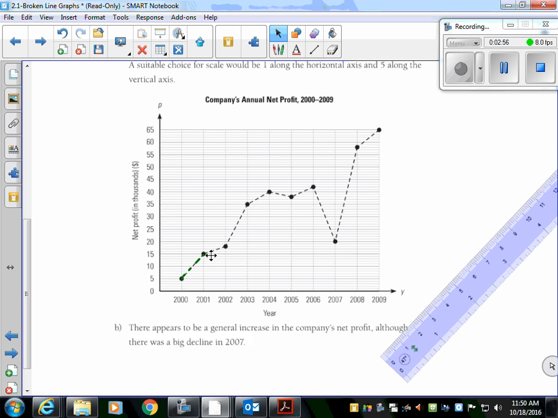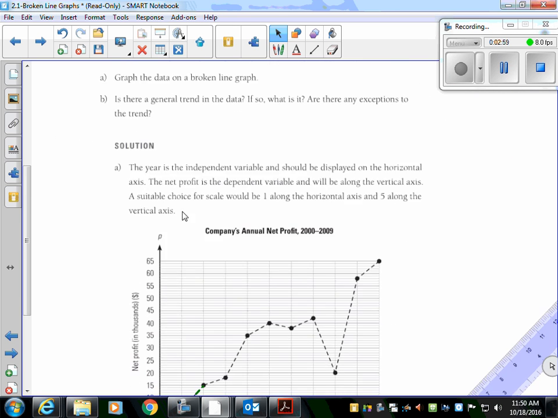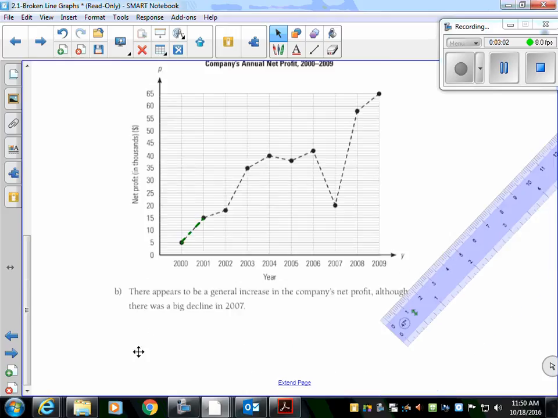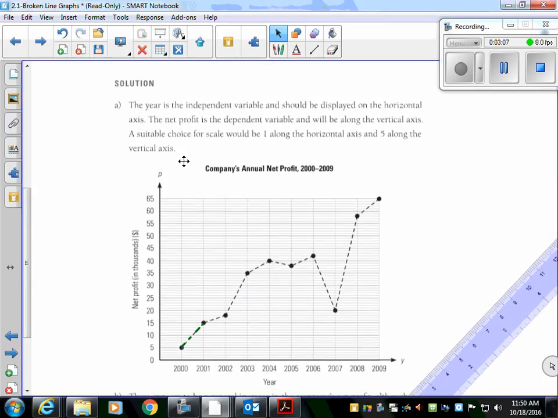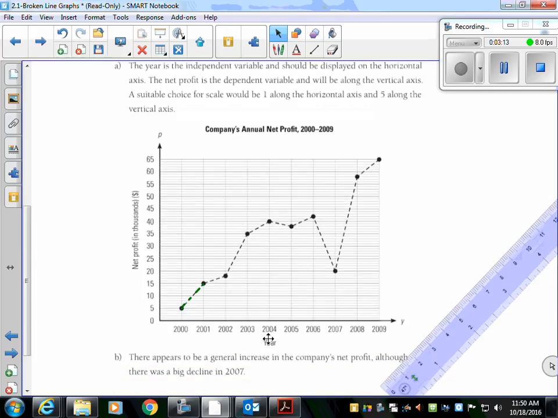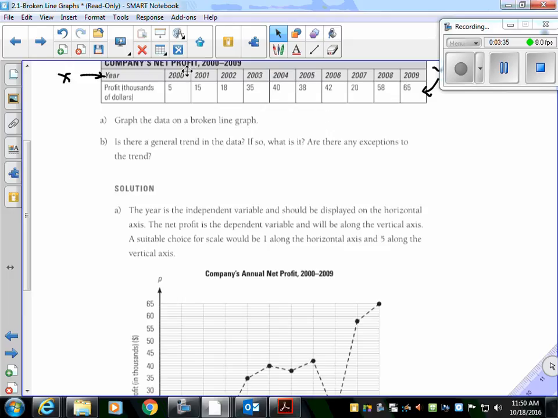Now I know you can carry this through. The hardest part is figuring out what is on your axes, okay, and scaling them appropriately. To mark it, I would give you a mark for the title, a mark for each of these axes titles, a mark for your scale that is going up by the same amount. So here, every big block is 1. Here, every big or expanded line is 5. I don't expect you to write 1, 2, 3, 4, 5, but I would like you to do every 5th one or every 10th one,